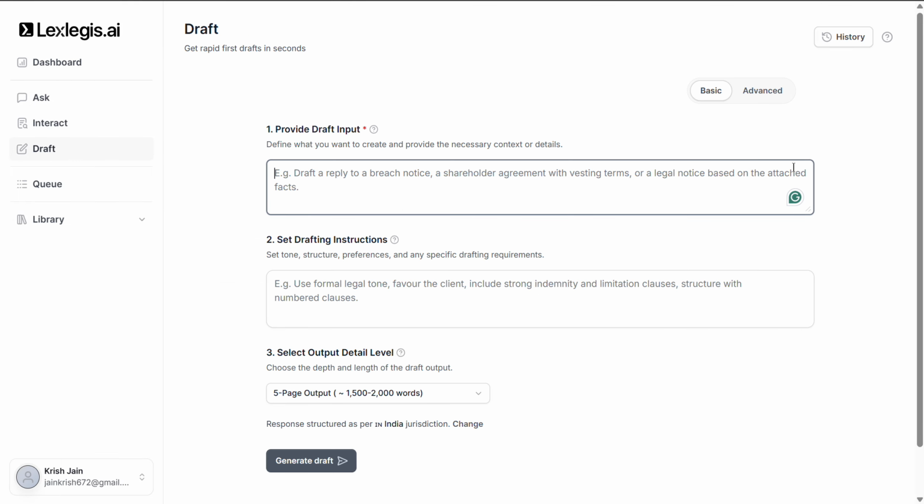Once you get here, there are two types of legal drafts that you can create, two modes. There is a basic mode and there's an advanced mode. We'll get to the advanced mode in a minute. In basic, it's simple prompt based, instruction based drafting, where you can provide your draft input, set drafting instructions, and select a length format. Also select the jurisdiction where you want the response to be structured for, and then we